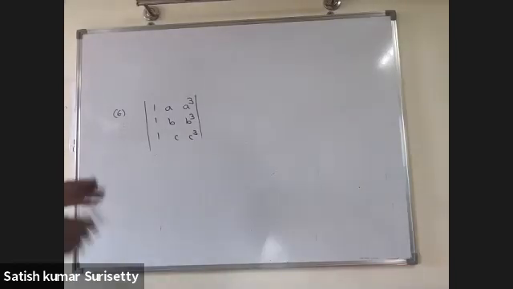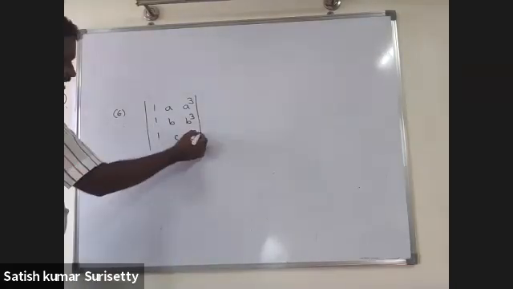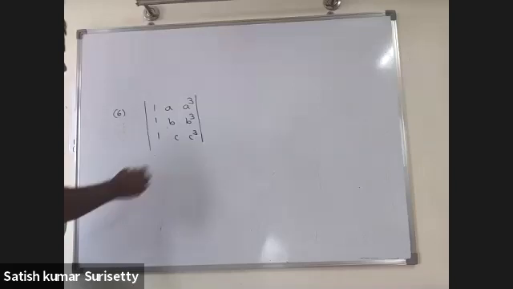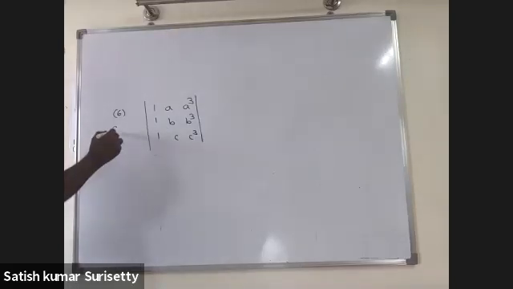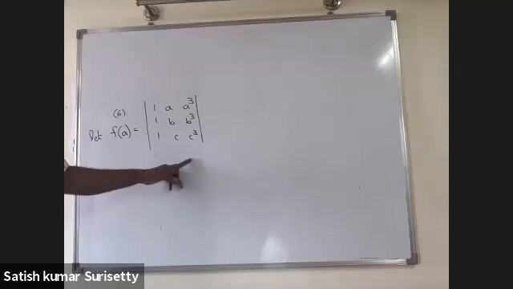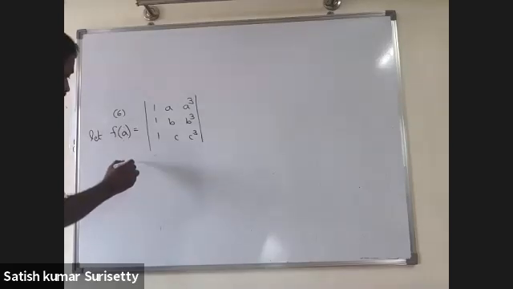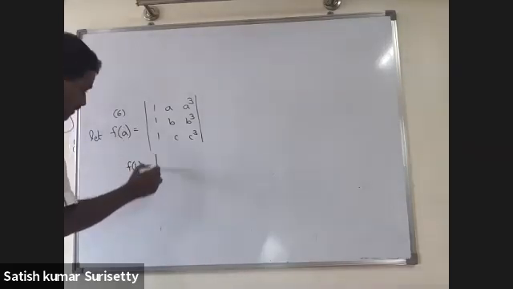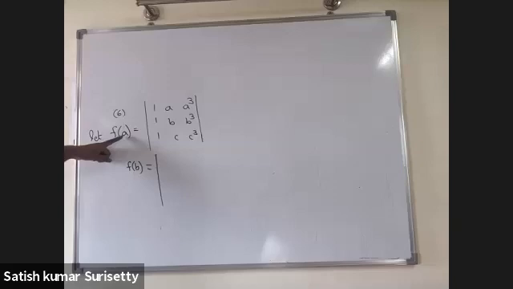Now, in factor theorem, you have to consider one of them as a variable. Now I can consider, let f of a equal to, that means I am considering a as a variable. Now, if I calculate f of b, what is the meaning of f of b? Wherever a is there, I should replace with b.